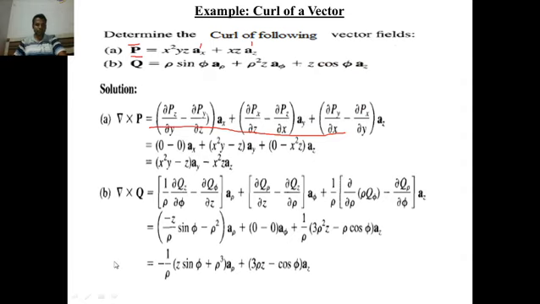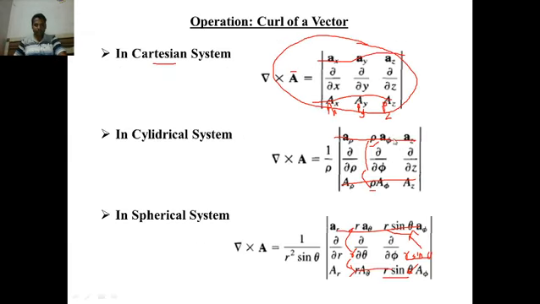Now the second vector, if you note down, involves phi component, r component and z component. So that means it is a cylindrical coordinate system. So you use the formula of the cylindrical system to calculate del cross q bar. So del cross q bar you can obtain with the help of this formula. And I forgot to tell you a few minutes before, the missing r is accommodated in the third row, as well as here.